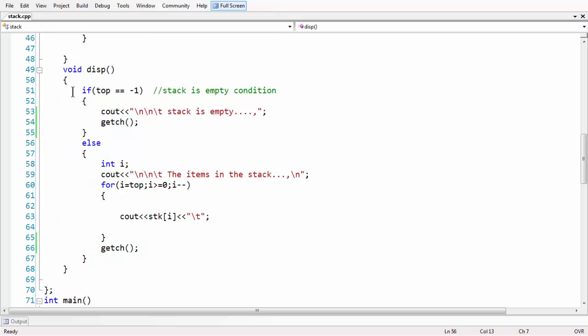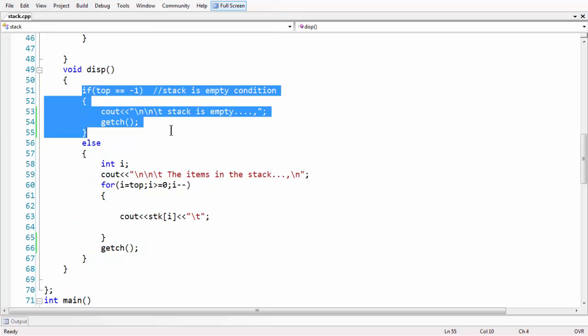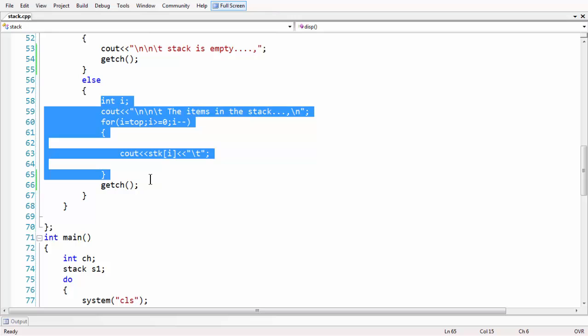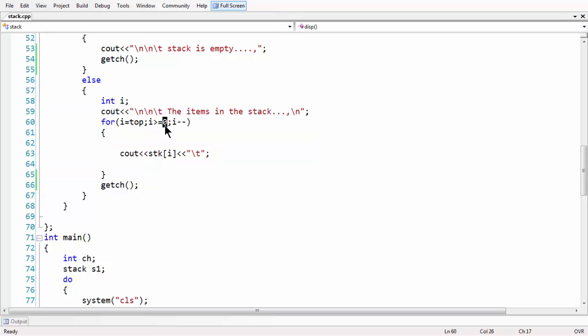Then we have the display member function, which is very straightforward. First again it has an if condition which checks whether the stack is empty. If the stack is empty, there is no case in point for displaying elements, so we deliver a message that the stack is empty. If that is not the case, in the else part, starting from the topmost position to the bottom, which is 0, since the index in an array starts from 0,